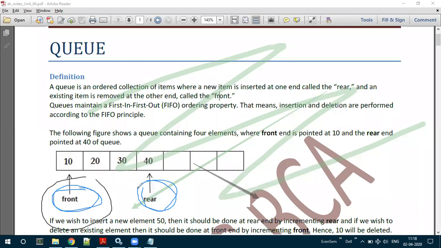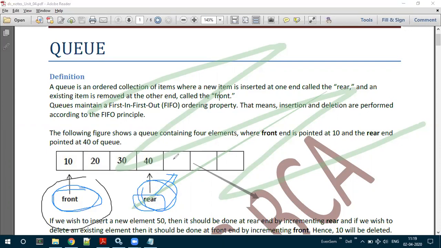Okay, so now suppose this is the given queue, and if I want to insert a new element here, how has it to be done? I know that insertion can be done at the rear end. I need to increment this rear end and make it point to the next position.